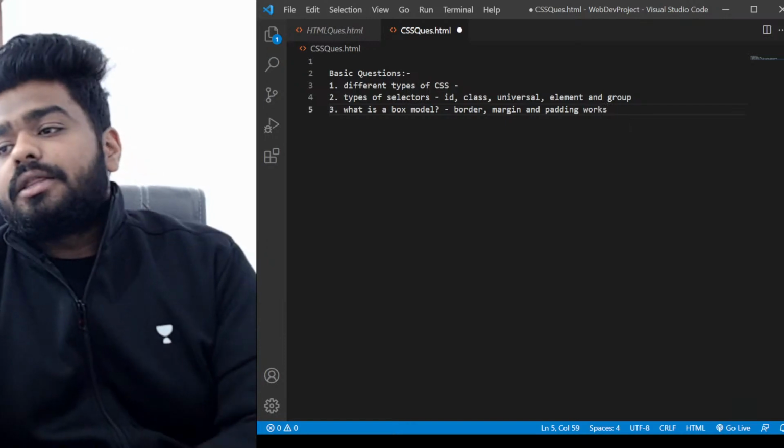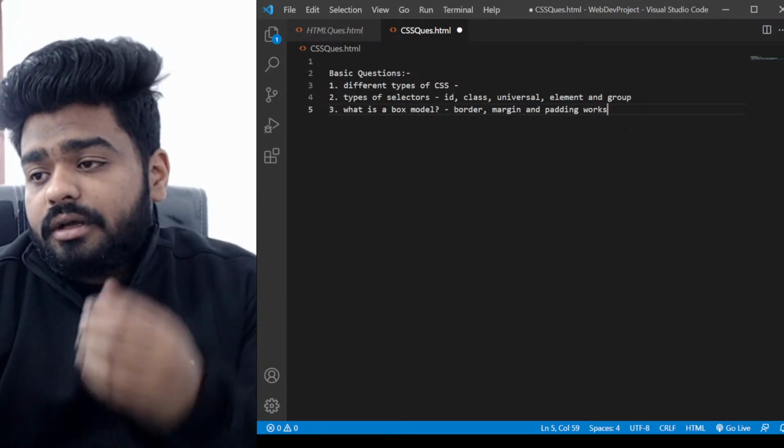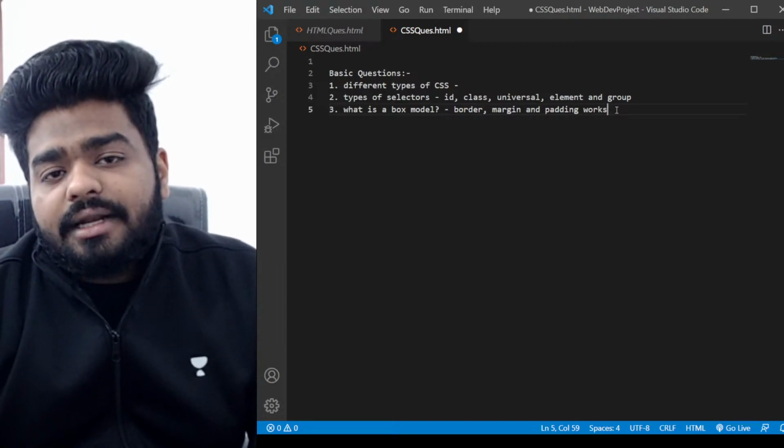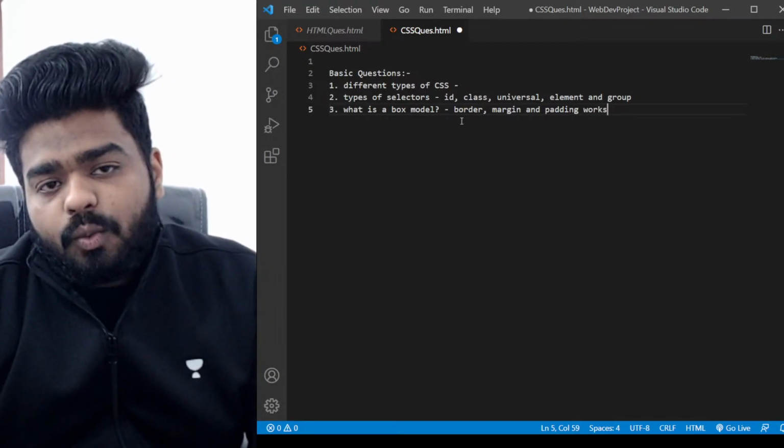Okay. So this is another question. What is the box model? Now here, you need to understand the four terms. Okay. One is the